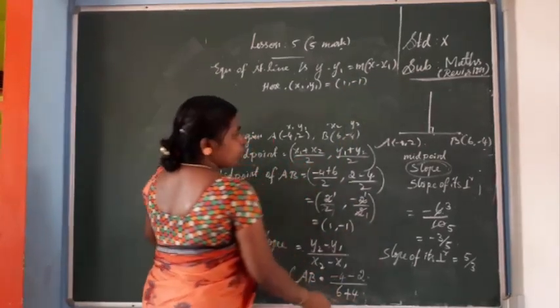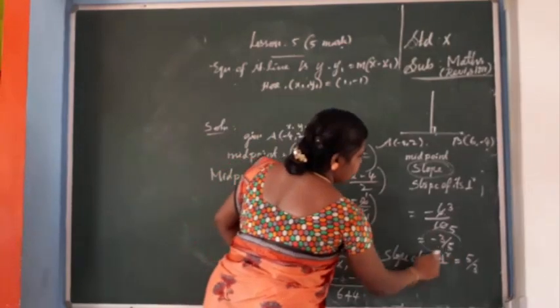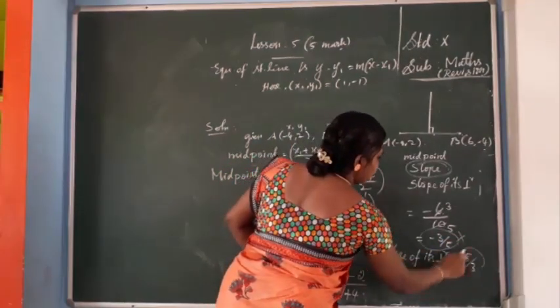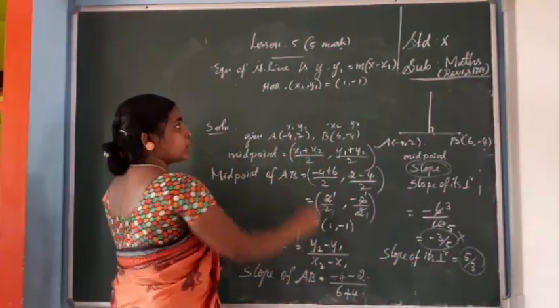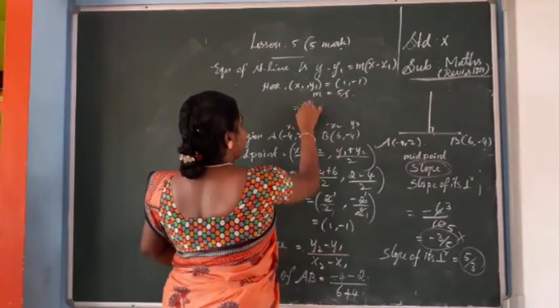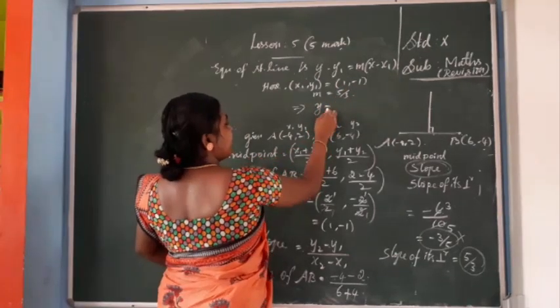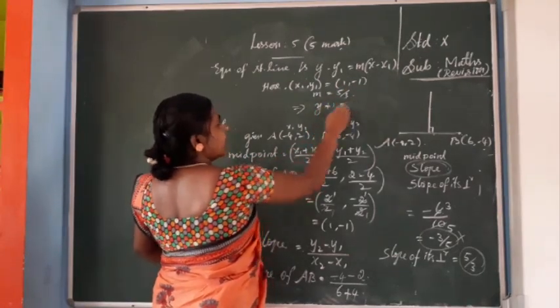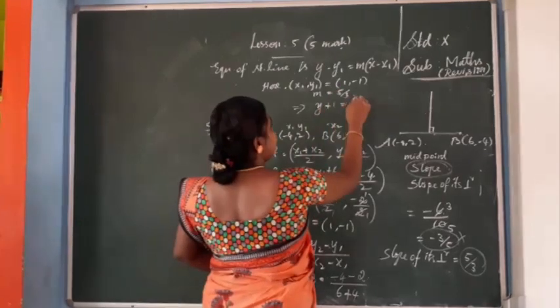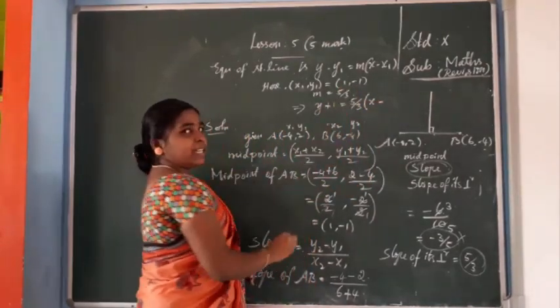Then for m, you should not take the slope, okay, minus 3 by 5 you should not take. So how to take the slope of its perpendicular? So m equal to 5 by 3. Don't get confused. Okay, which implies y minus y1, where y1 is minus 1. Already here there is a minus, so plus 1, equal to m into x minus x1, where m is 5 by 3 and x1 is 1.